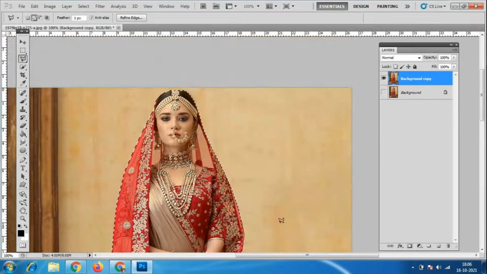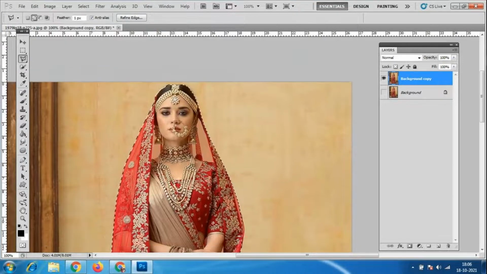Before I move it to a different layer or different file, we have an option here, feather. Feather is nothing but giving soft edges. I want these edges to be very soft, otherwise it will get sharp edges. To make smooth edges, I have to give feather 1, 2, 3, up to 5 we can give.